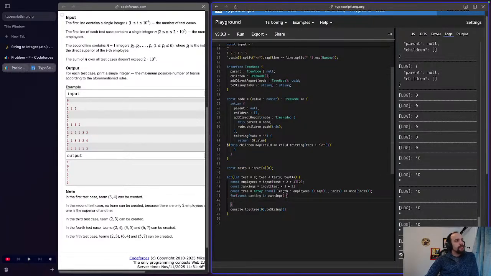So now for here, we will go through and rank things. So for each index, we've got to do a little bit more here. Let i = 0; i is less than rankings.length; i++. What's this? Okay, and then